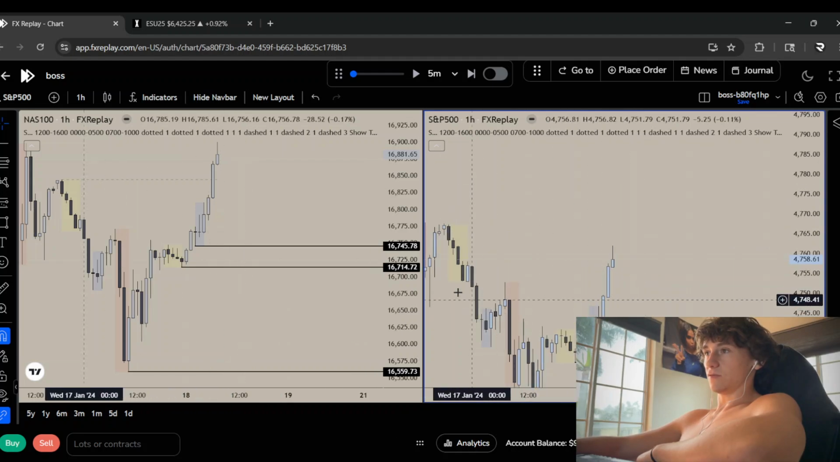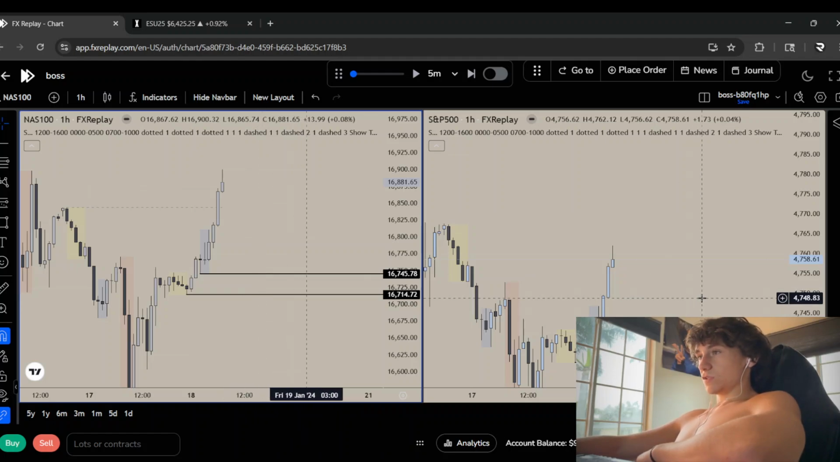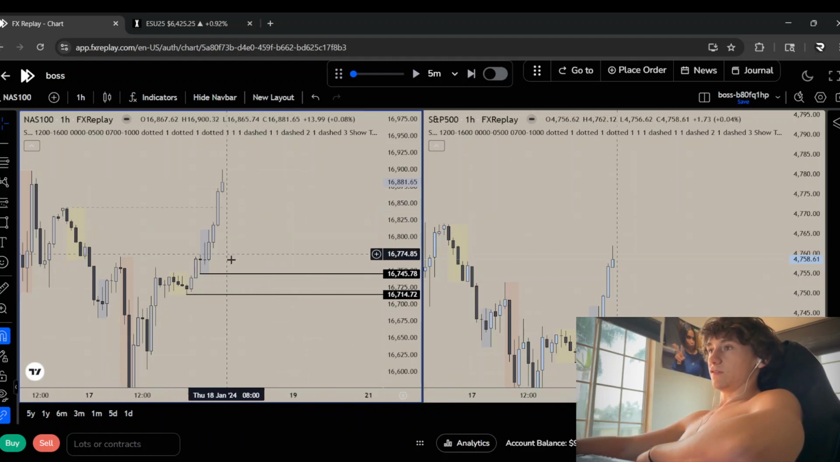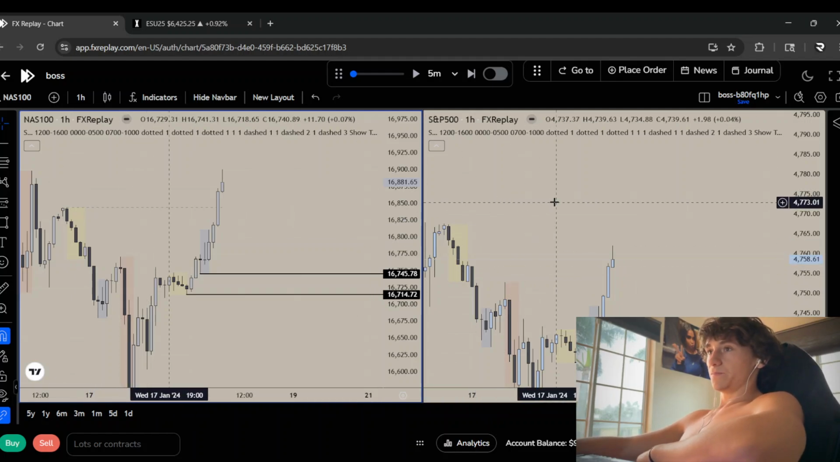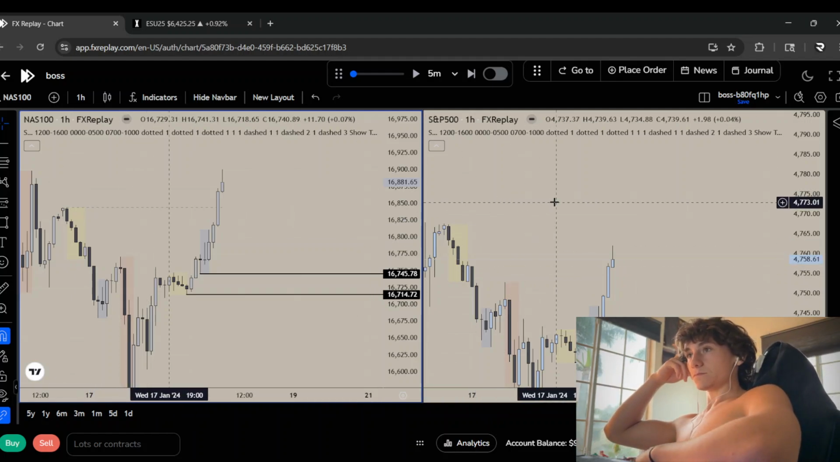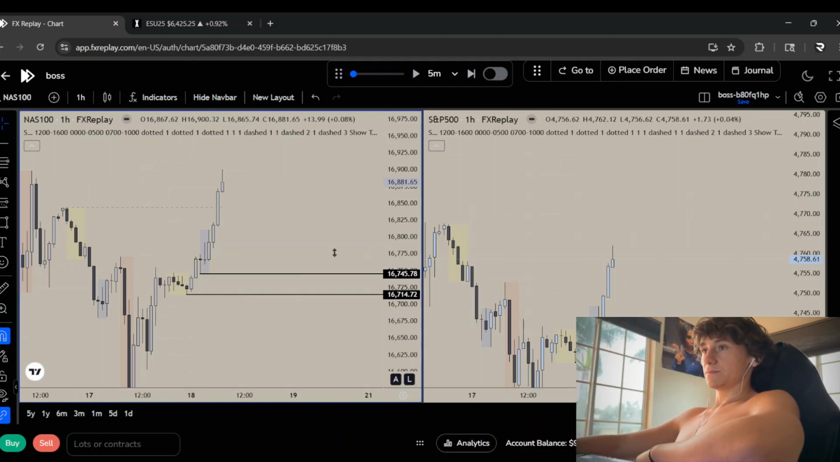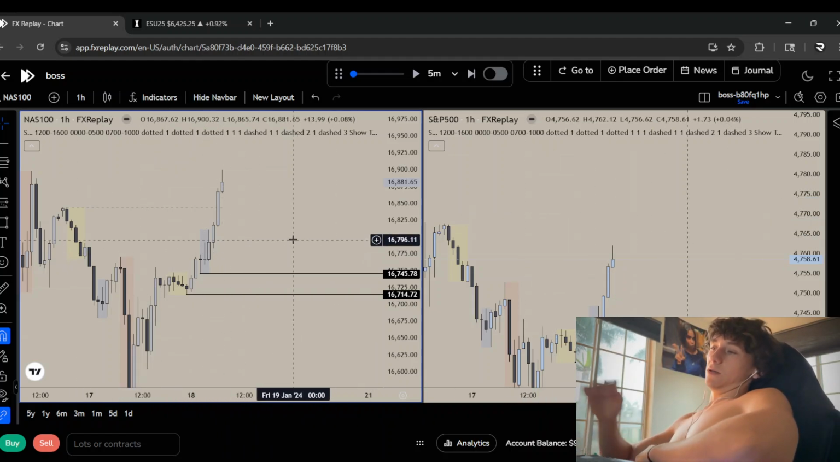Alright, we got all those lows there. Took out previous day on both. There's like a little dotted line, by the way, if you guys can't see it. Anyways,